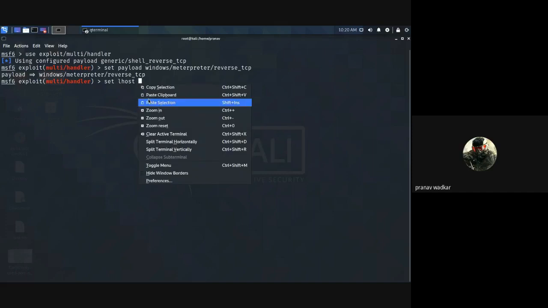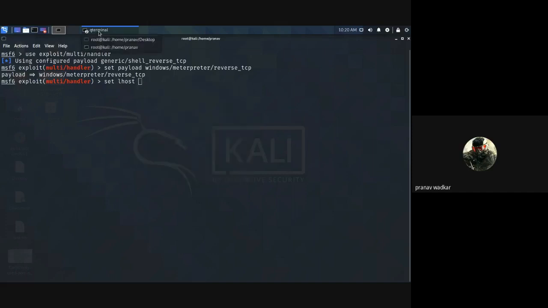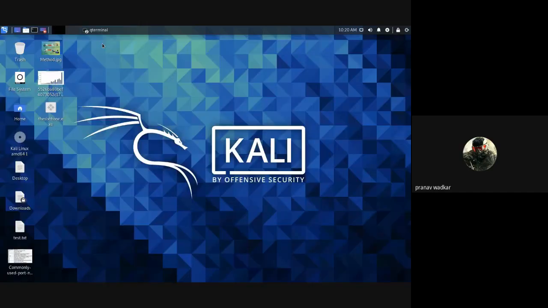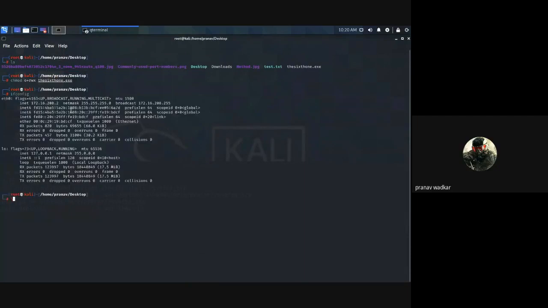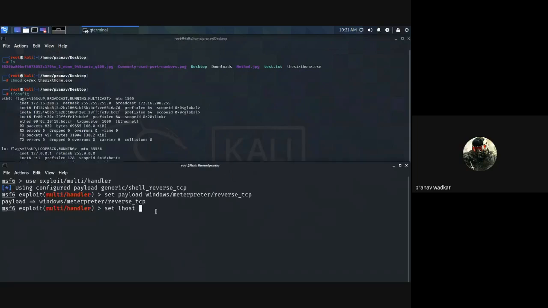It's not pasting here. 172.162.082. So yeah, the LHOST is set now.